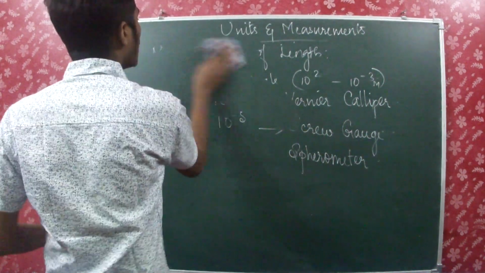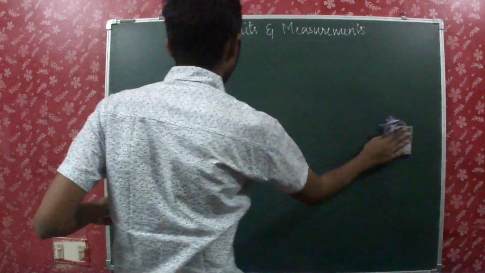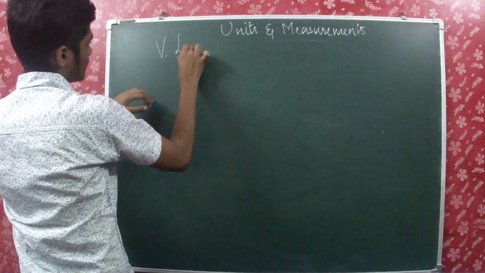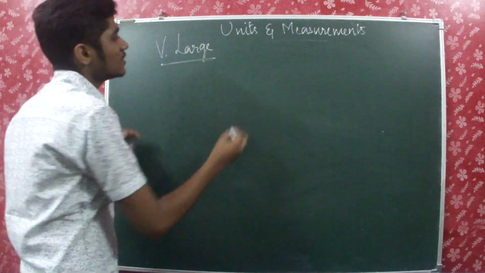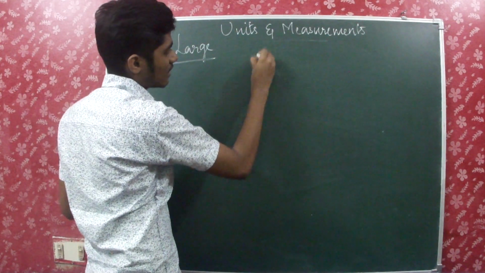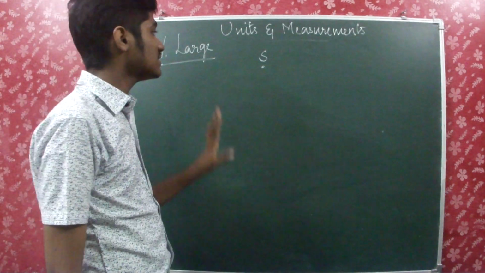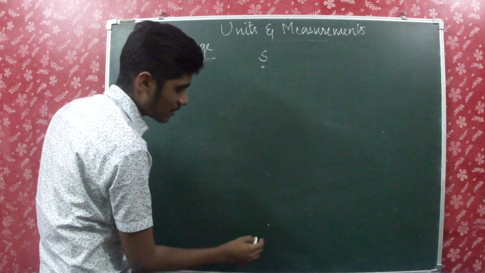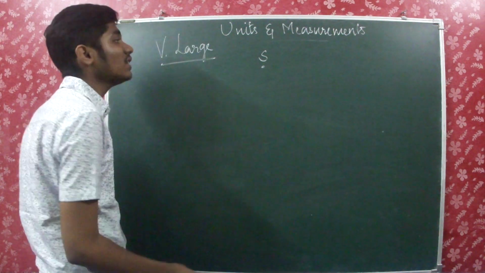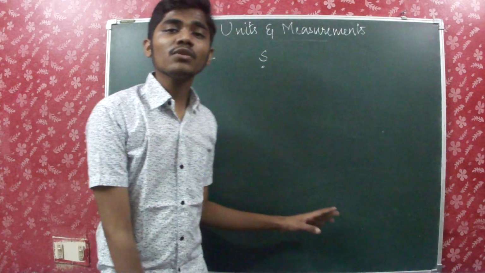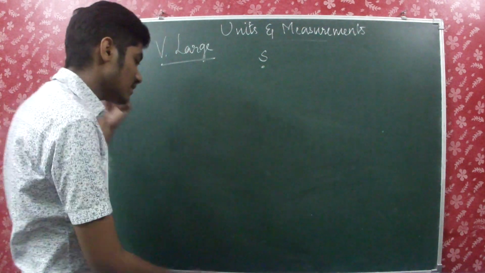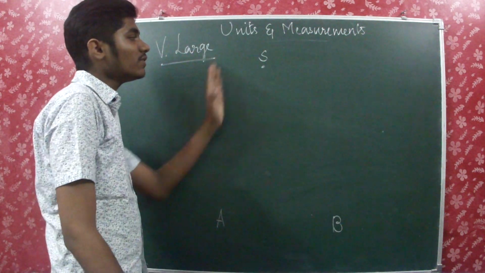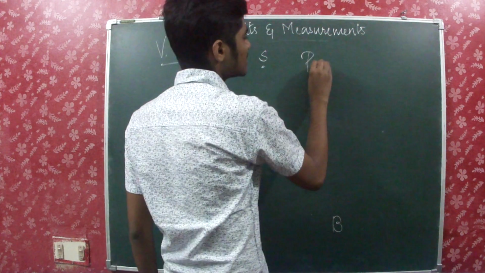Okay, so now how do we measure very large distances, say the distance between the star and a planet? Okay, very large distances. So this is a star. Let us consider this to be S. Okay, so this is the star. So if we go down, this is the Earth, and we are viewing it from 2 points. Okay, so we are viewing it from two observatories. One is A, I am viewing it like this, and the other is B. Okay, so I am viewing it from 2 points, and this method is known as parallax method.